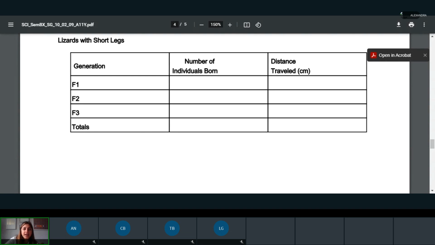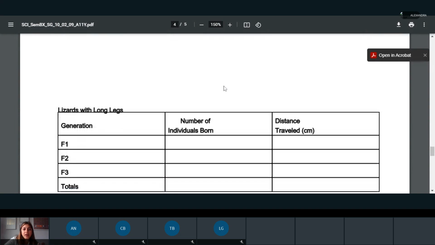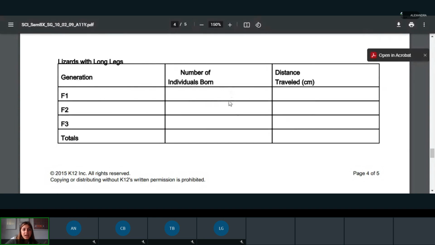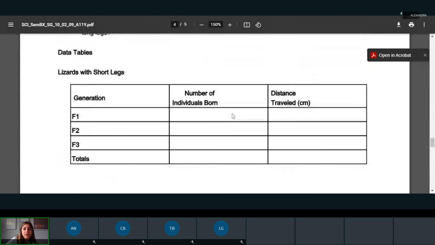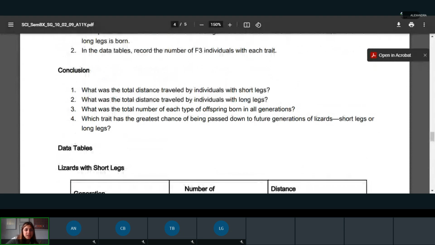So that first line in both of the generations, we're just going to do that first. Okay, so we're not going to worry about the distance yet. So let's just focus on rolling our die. Now I'm going to roll my die, but I want you guys to be rolling your own die and record the information that you have on your lab. Okay, so we're going to roll them together though.